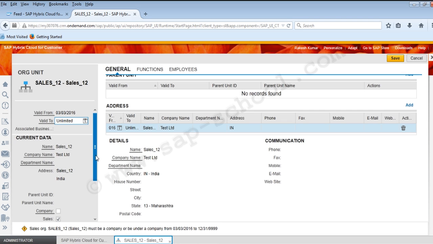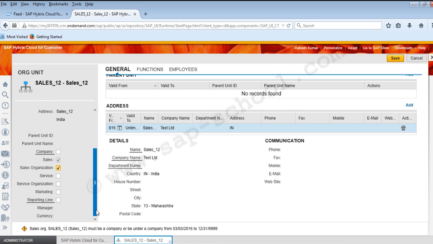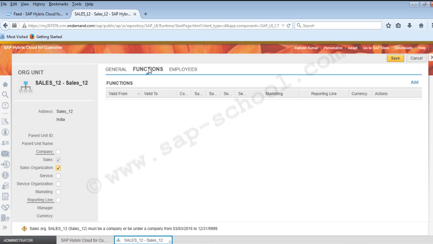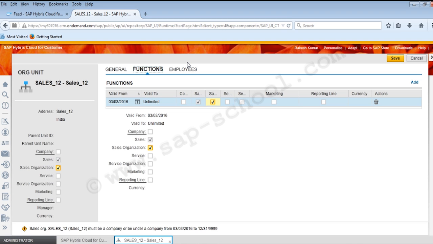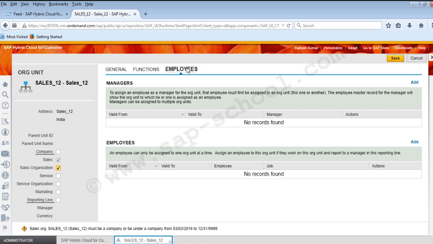Similarly, we can manage all the org unit data here. And then we have the functions and we have the employees data here. If I click on the employees, I can see who all are the managers here and who all are the employees here. So to assign an employee as a manager for the org unit,